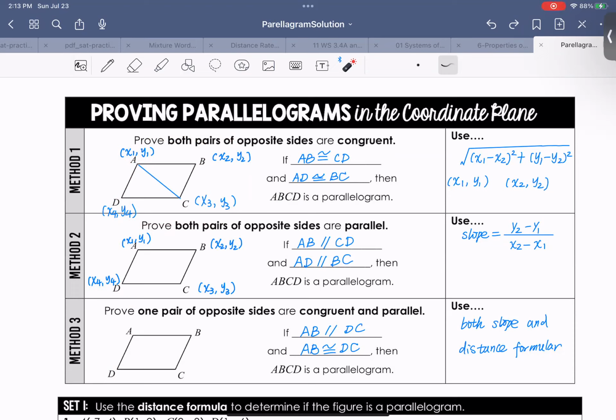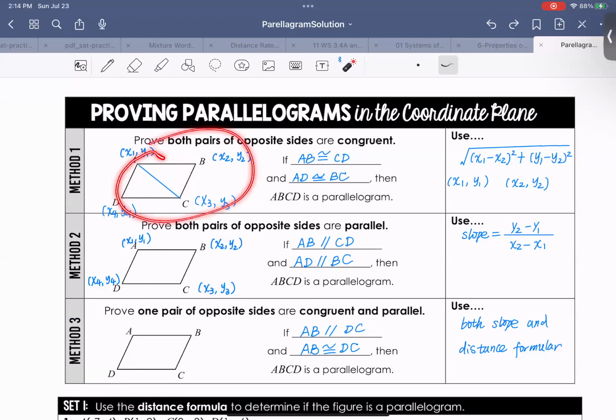So you make the distance. You get the AB distance equals the CD distance. Then the distance formula is this. If you have the points here as x1, y1, this second point as x2, y2, x3, y3, and x4, y4, if you do the distance equal